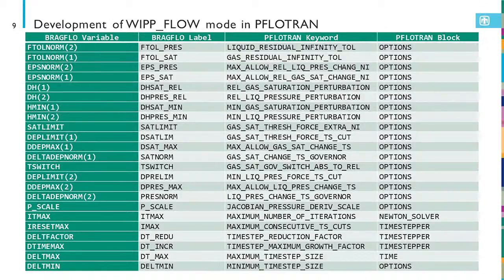So in addition to simply, and I'm going to put simply in finger quotes, implementing all of those WIPP-specific process models and coupling them directly into the solution of the flow equations, there was quite a lot of behind-the-scenes development that needed to go in to PFLOTRAN in order to achieve the level of agreement between the two codes that I'm going to show you later. And that includes things like making sure that the convergence criteria used in Bragg flow and in WIPP flow mode in PFLOTRAN are the same,